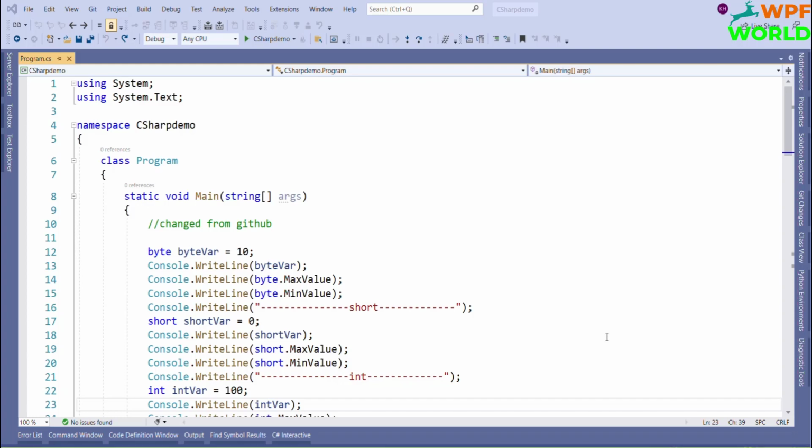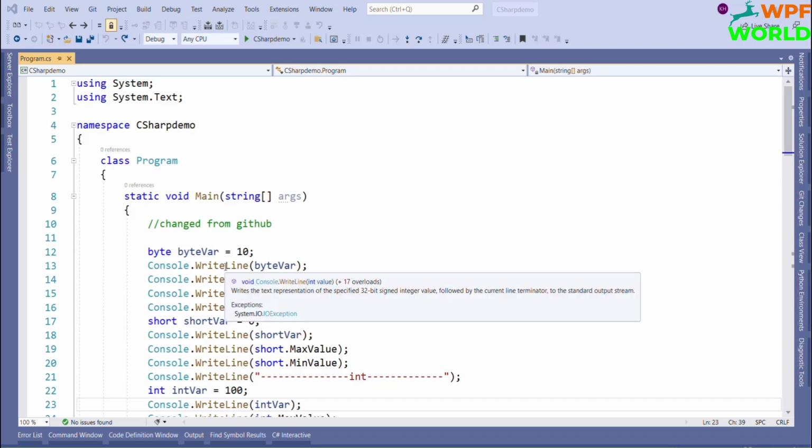We will also learn how to write comments in C Sharp, single line comment and multi-line comment, and how to change the color of our output. So let's start. I will replace the WriteLine method with Write.